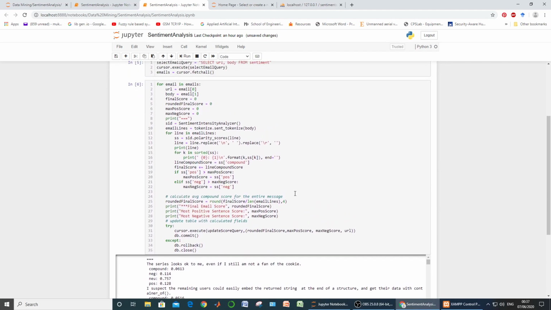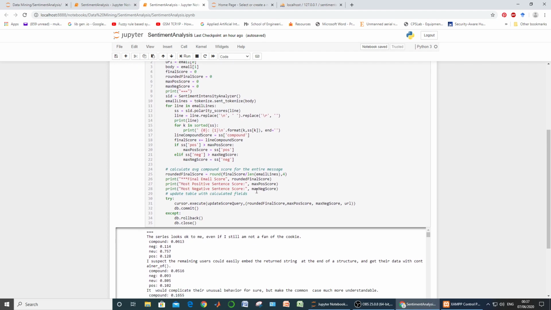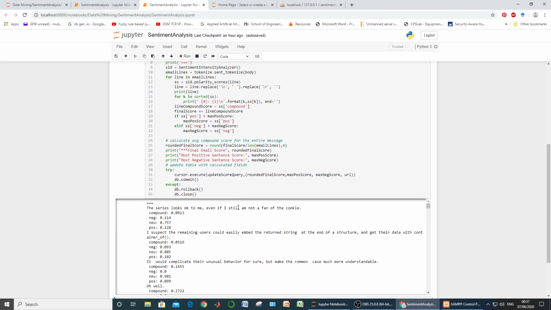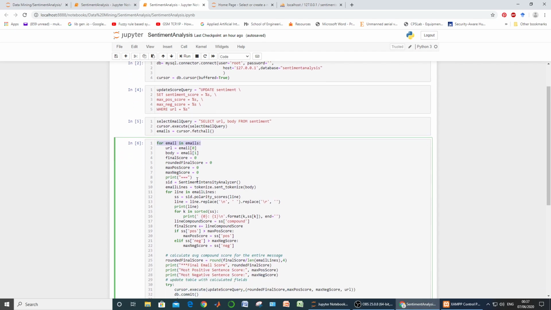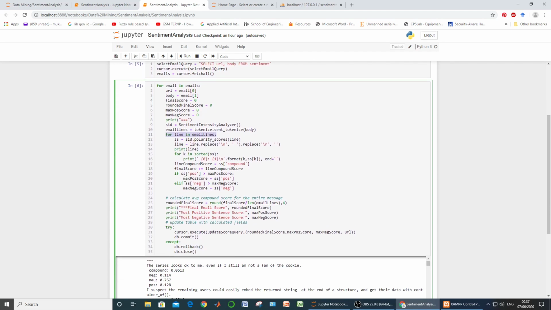Now after execution, let us observe what exactly it has done. We picked a particular email, and then after picking the email we iterated over the number of lines, and for each line we printed its score, meaning the final email score is printed.